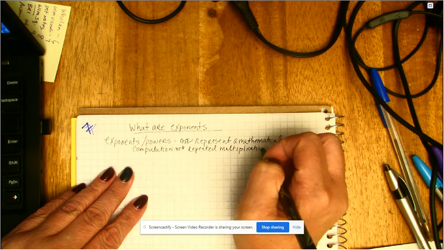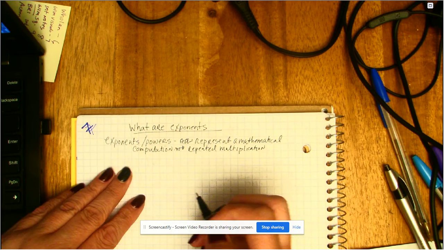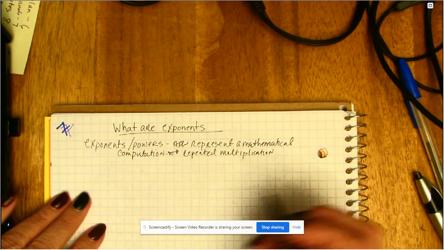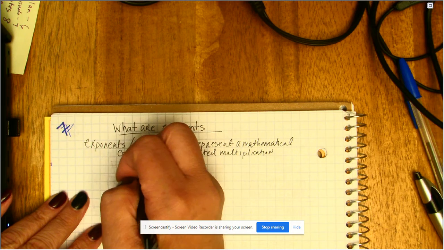And of course, you need to know what it is that you're multiplying, right? Like that's the key. So when we say repeated multiplication, what we really mean is that an exponent